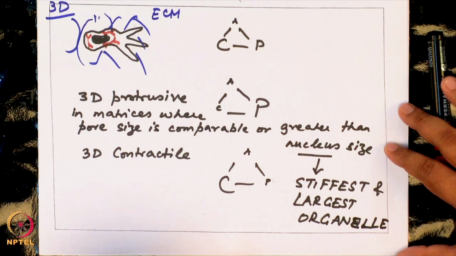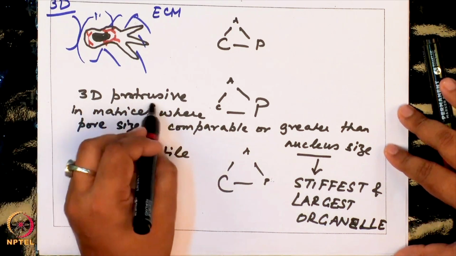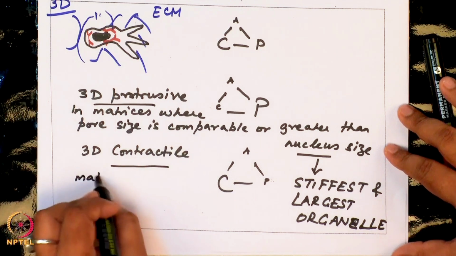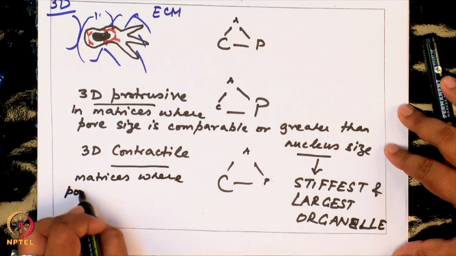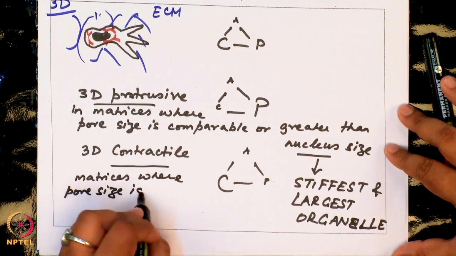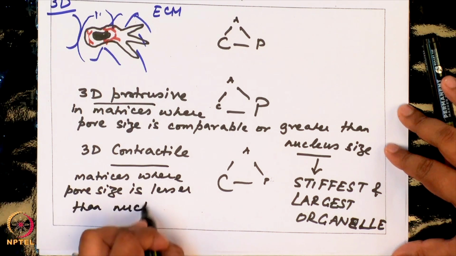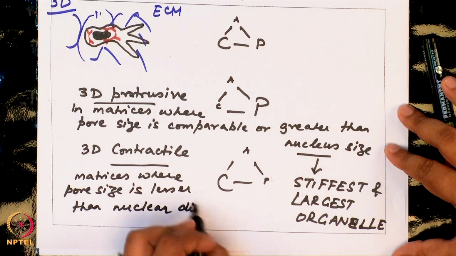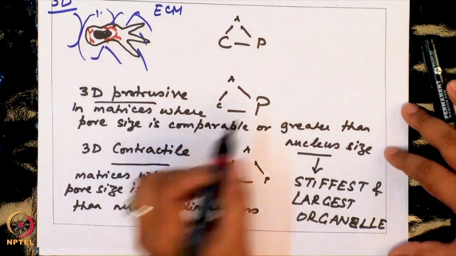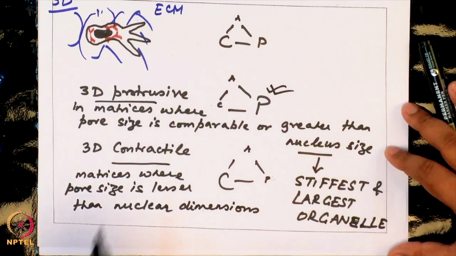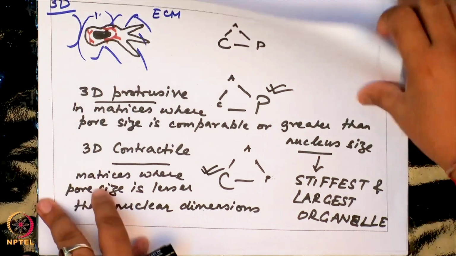Okay. So, the nucleus being the stiffest and the largest organelle, for 3D contractile, this is where matrices where pore size is lesser than nuclear dimensions. So, here you have protrusion playing a bigger role, here you have contractility playing a bigger role. So, in 3D contractile,